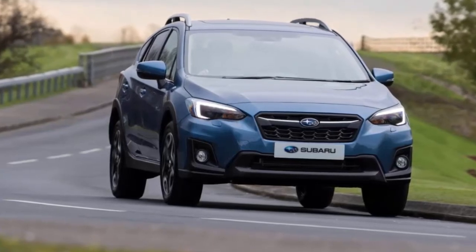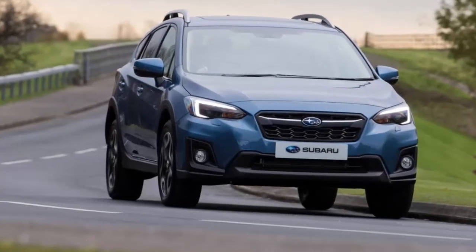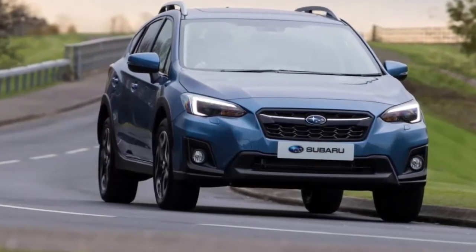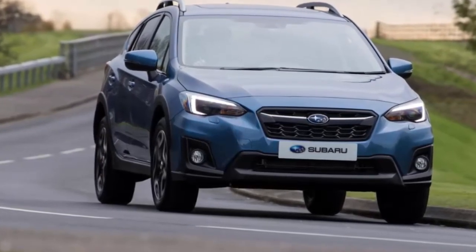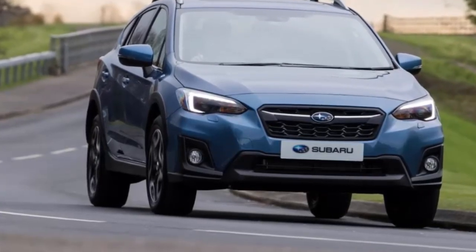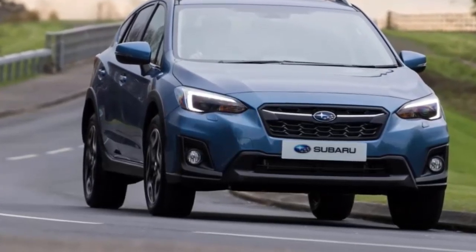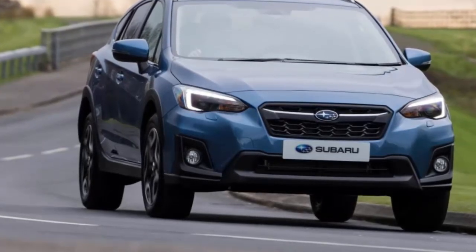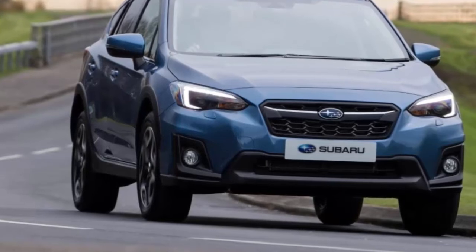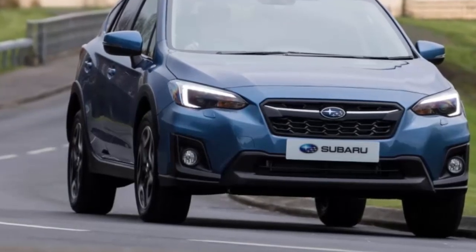It's counting on new models such as the recently launched Impreza and the second-generation XV to achieve that market growth. A compact crossover that competes size-wise with the likes of Mazda CX-3 and Toyota CHR, the XV faces three immediate challenges in its endeavor to win over Irish customers in this burgeoning sector. Firstly, price. Ranging from